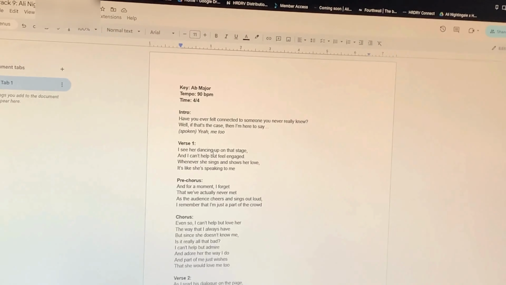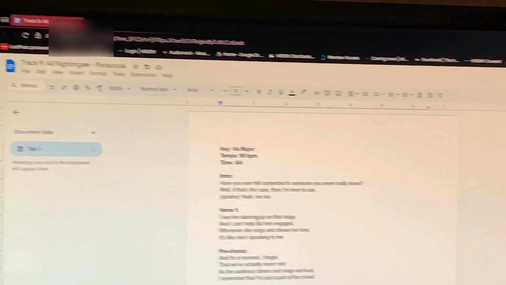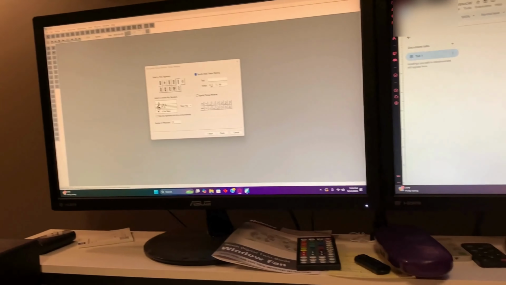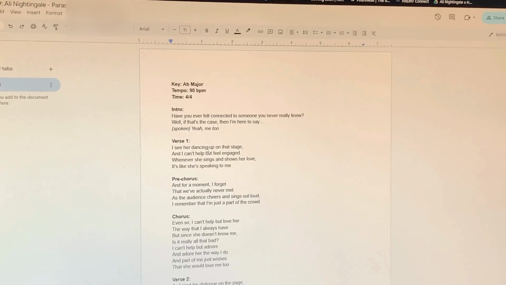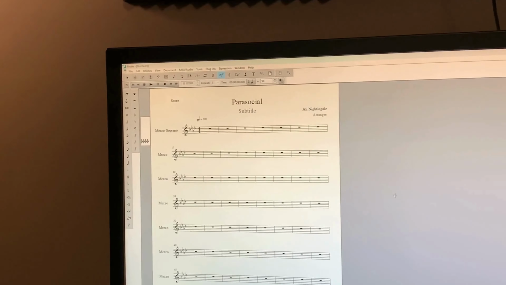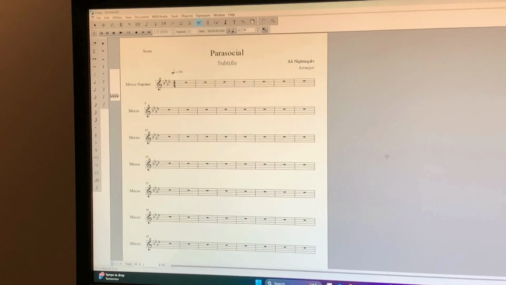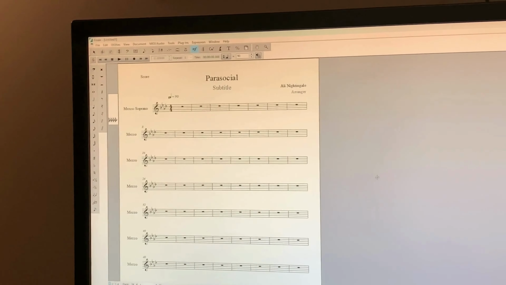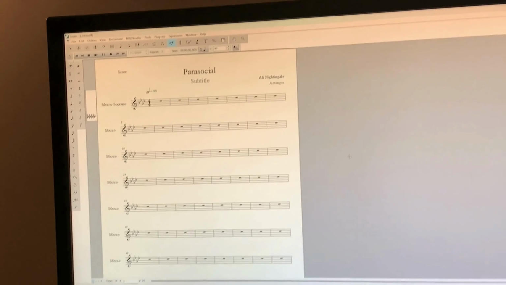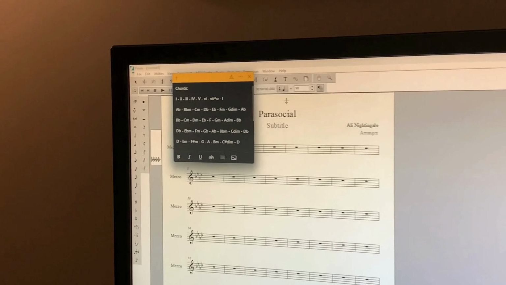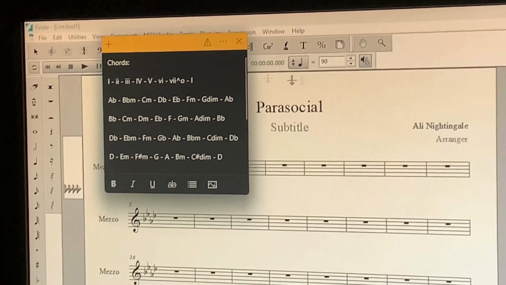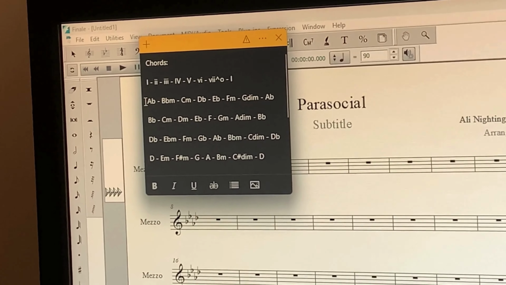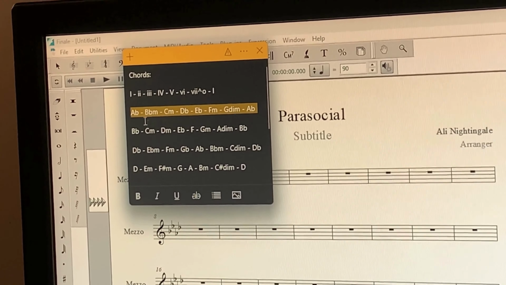I also like to have my song lyrics up on the other screen here just as a reference, so I can easily follow along when I'm creating the melody. So this is what my music sheet currently looks like, and I'm just gonna take it one note at a time. So yeah. Okay, so I notated the chords of the scale that I'm using, as you can see highlighted